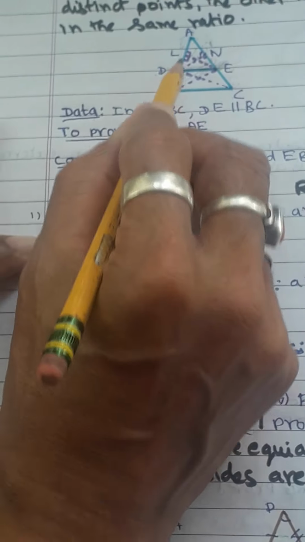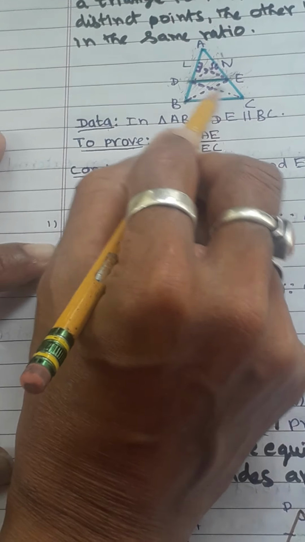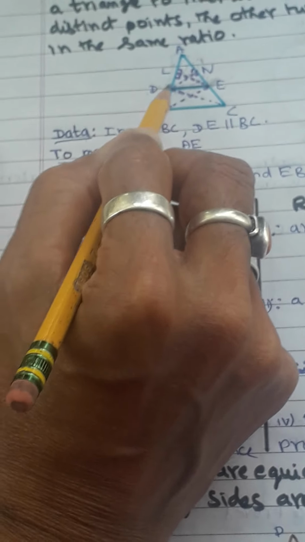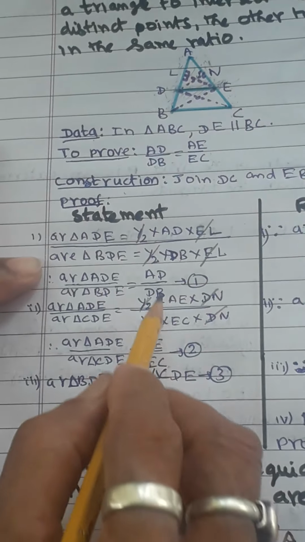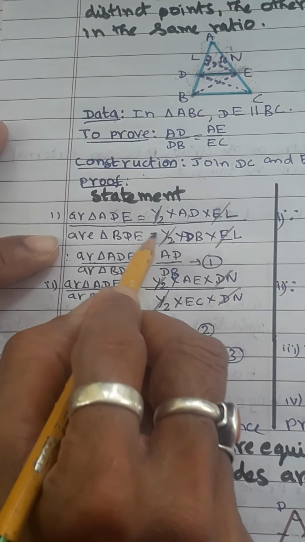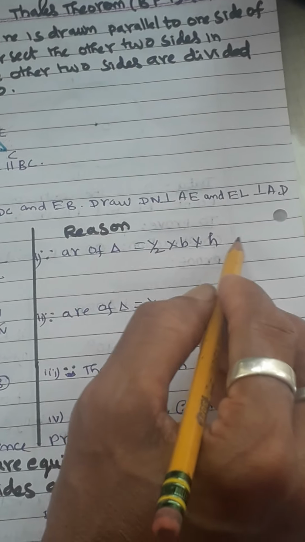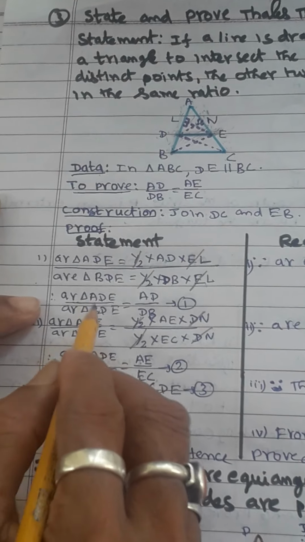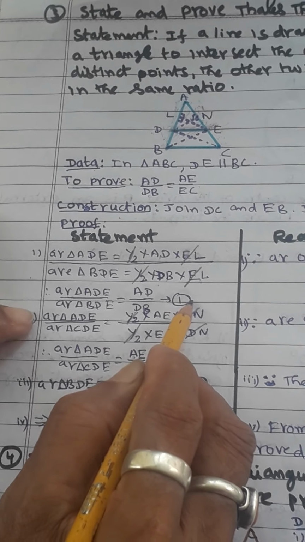Then its height is, see, we should not consider this as height, because it is going in a cross type. It's not 90 degrees. So for this you have to consider this EL only as the perpendicular, because for this triangle the perpendicular height will definitely be this only. So that is why I have written it as EL. Now half gets cancelled, EL also gets cancelled. Why we wrote it this way is according to the formula half into base into height. After cancelling, you will get the ratio of both triangle areas as AD divided by DB. That you consider as equation number 1.